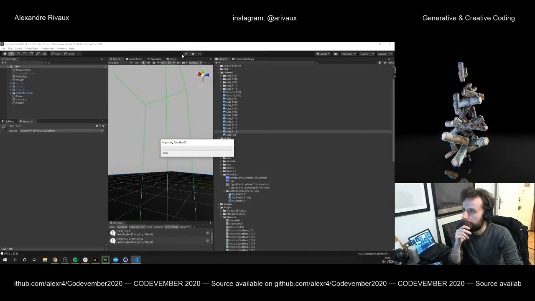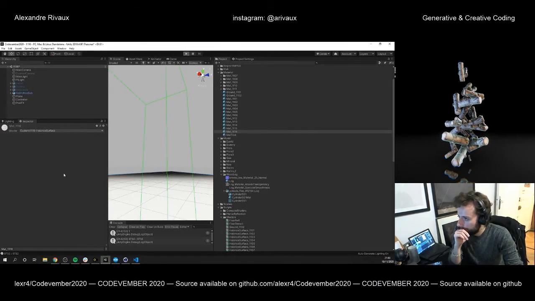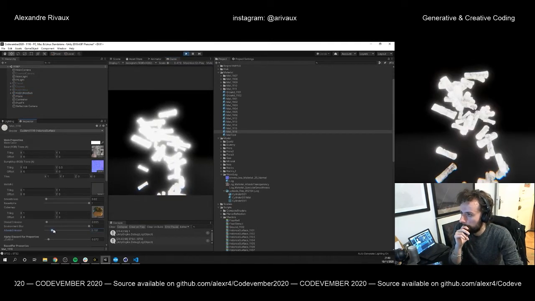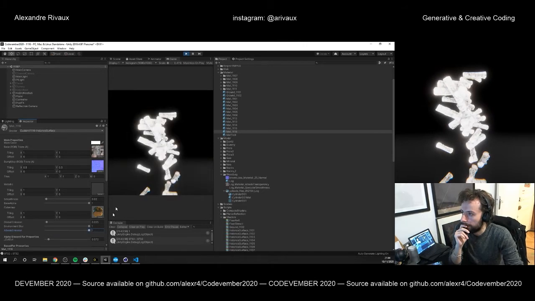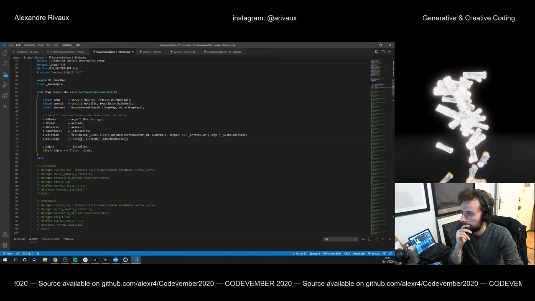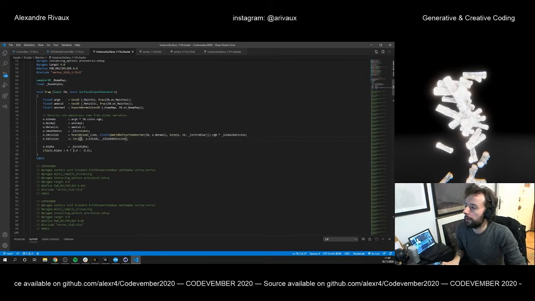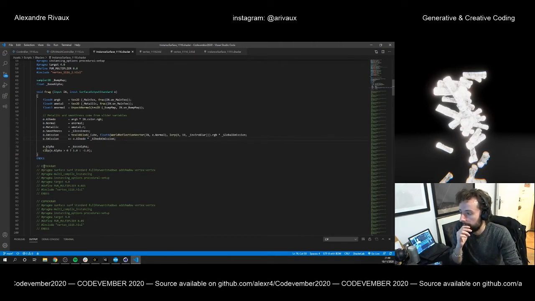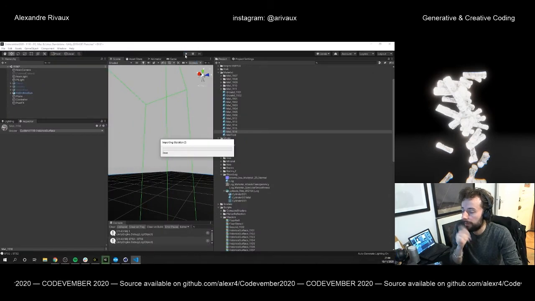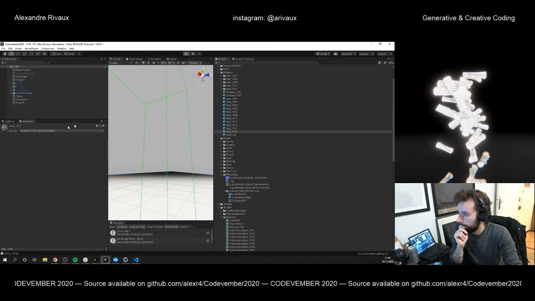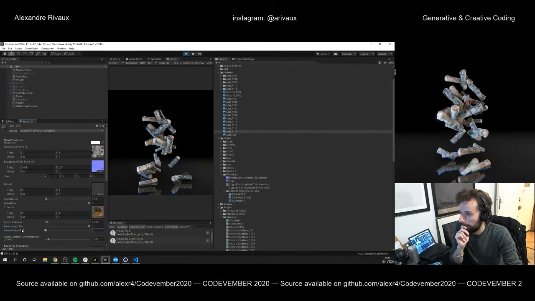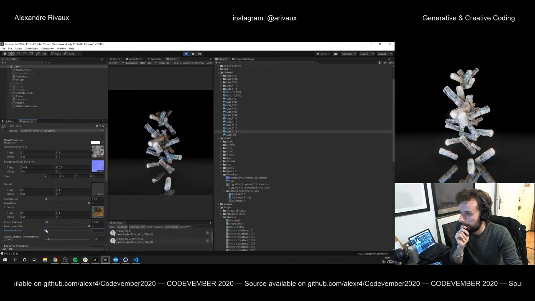So now I can keep a pure emission, and let's say something like that. In fact, simply just add some emission directly from the albedo. So we can, as you can see, add a little bit of